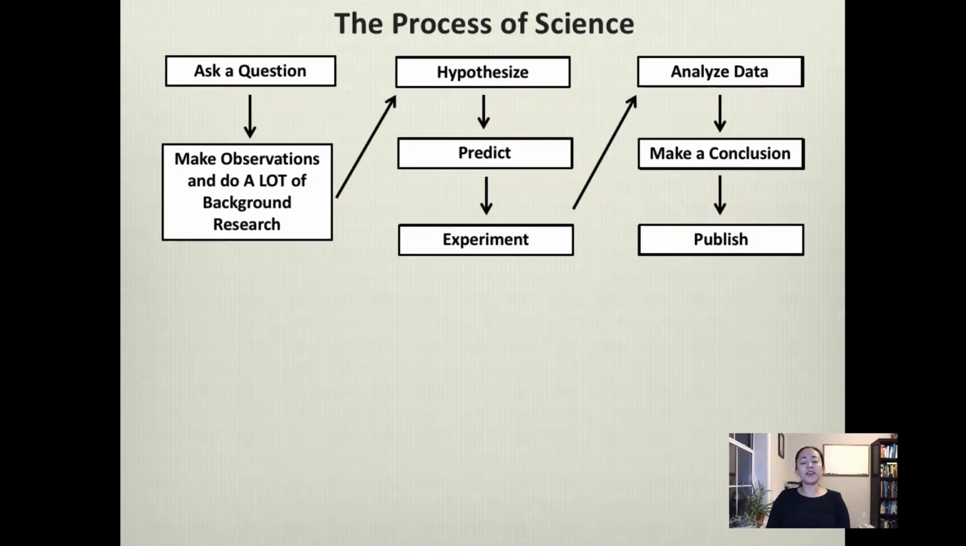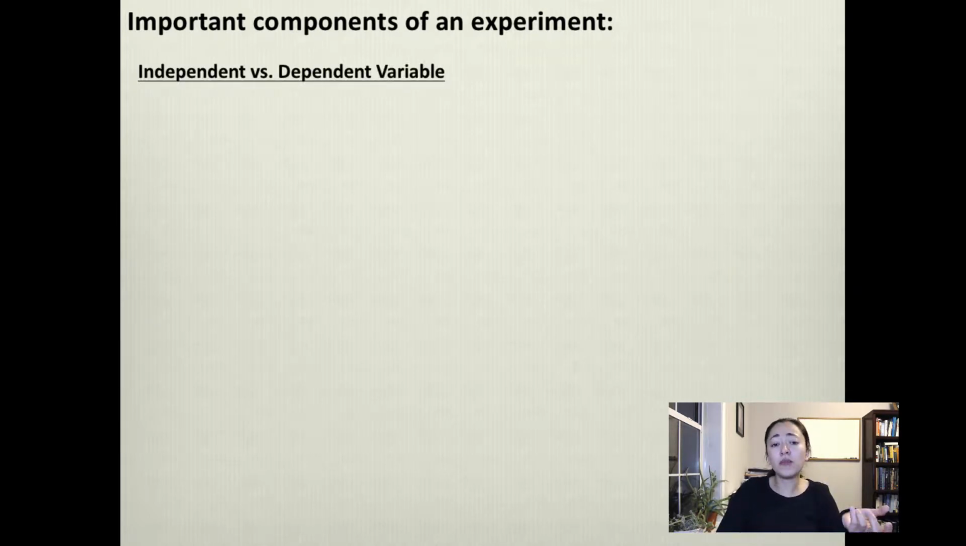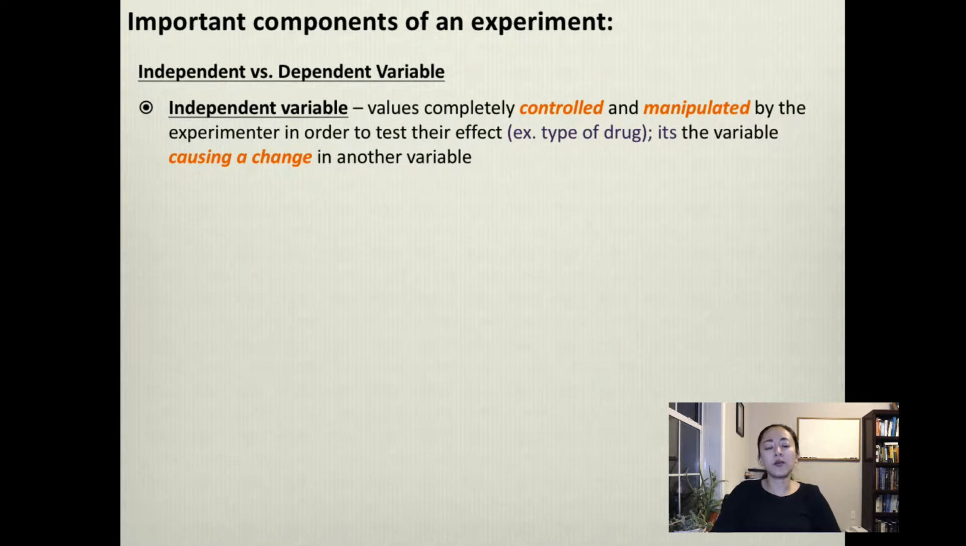After you've written a hypothesis and written out a prediction, then you can design your experiment. An experiment usually has several different components, and you should be able to identify these different components within an experiment. One of the major components is the presence of an independent and a dependent variable. The independent variable are values that are completely controlled and manipulated by the experimenter in order to test their effect